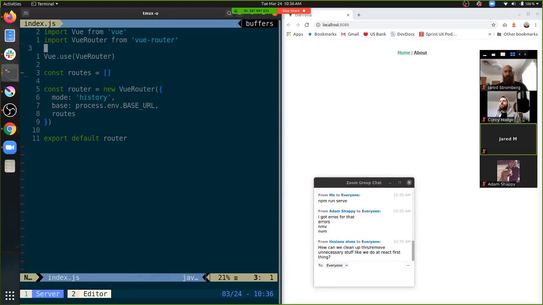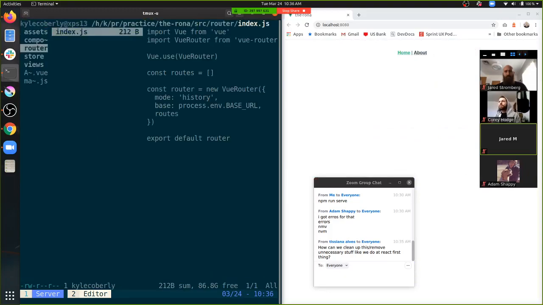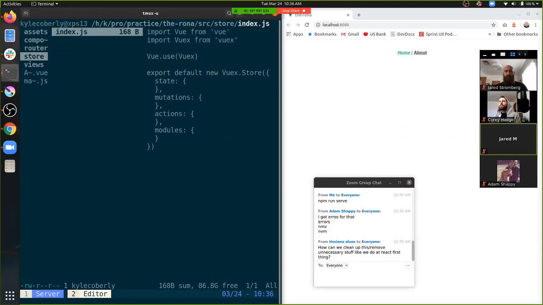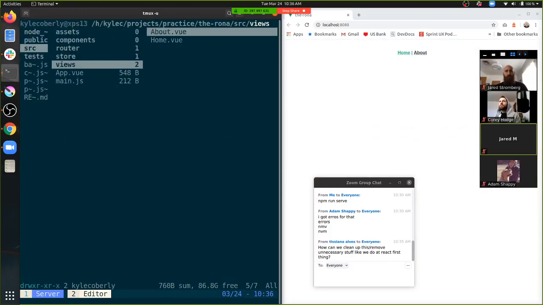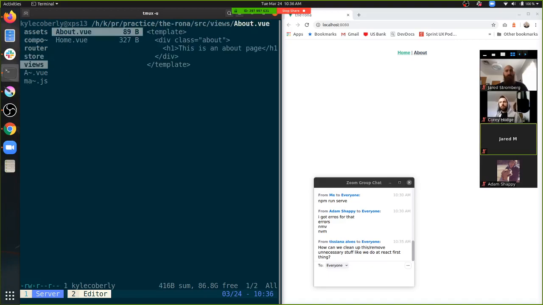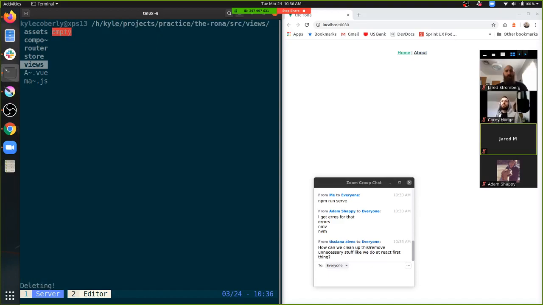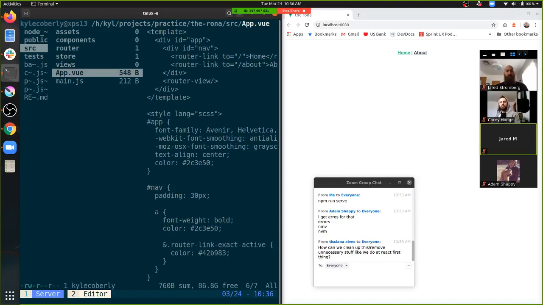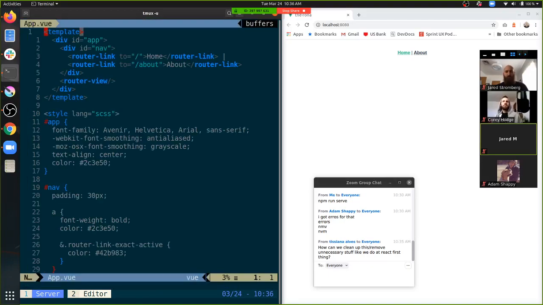So it should look like that. And then the store is fine. For views, we get rid of both of these views. And then in App.vue, we get